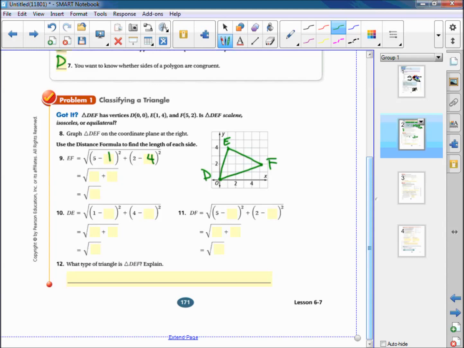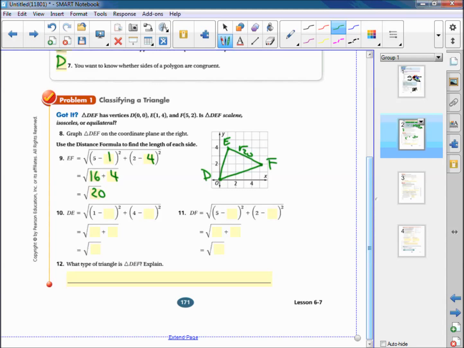So 5 minus 1 is 4, and 4 squared is going to give us 16. 2 minus 4 is negative 2, and negative 2 squared is going to give us positive 4. And if we add that up, then we know the distance from E to F is the square root of